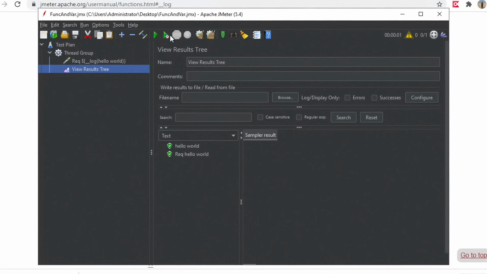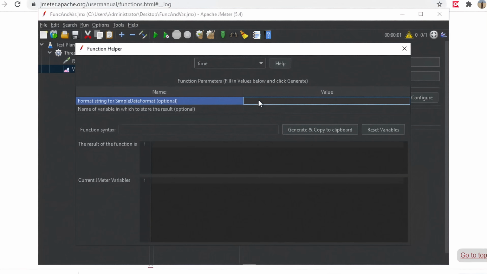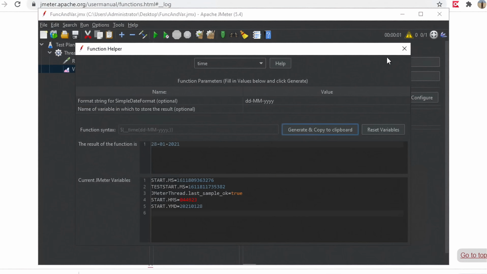Now I can go and see some more functions. I will again go to the function helper dialog, and let us see the time function. So if I go here, time, here I can give the format. You can always go to the help, but here you can see I can give the format of the time. Let us say I want to have a time in dd mm yy, and I will say generate and copy,